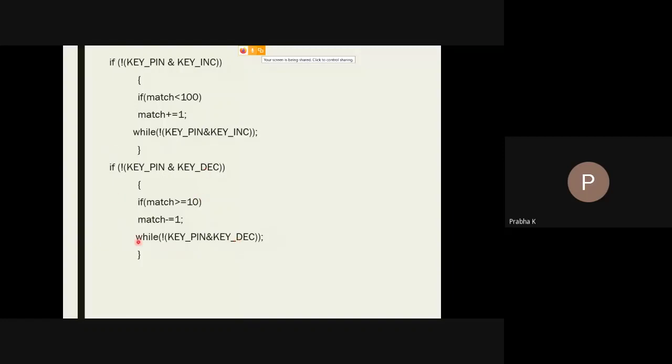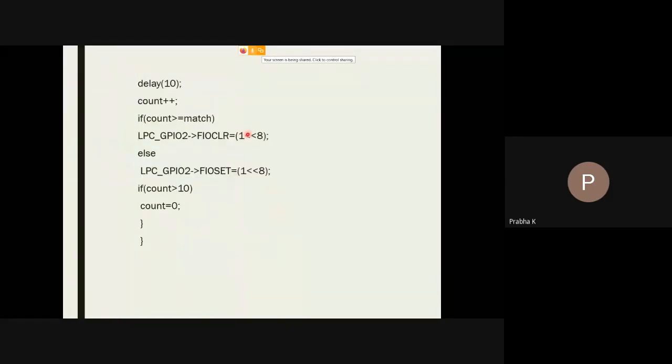Now in this operation, you can make out that when you keep on pressing this decrement key, at one point your motor comes to a stop condition and once again starts from normal speed. From normal speed to 0, once again back to normal speed to 0. This is the operation we can observe using this program.